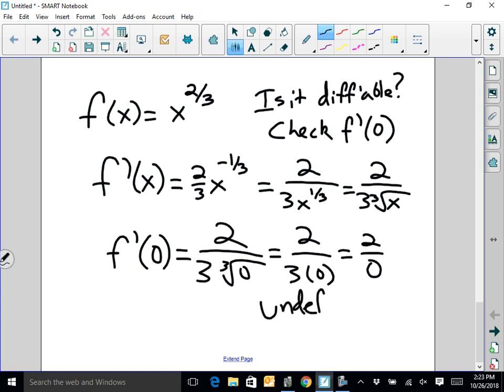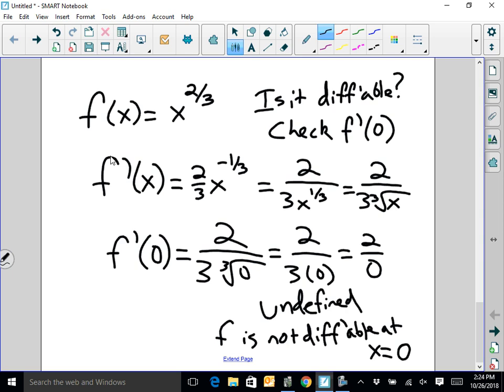Therefore, we know f is not differentiable at x equals 0. Okay? Now, here's where your calculator can run into problems. We proved that f prime of 0 does not exist. Now, your calculator, it's really good at doing numerical derivatives, except at points of discontinuities like this. It can really struggle because it just uses a program that estimates it. So let's think about what this would look like.